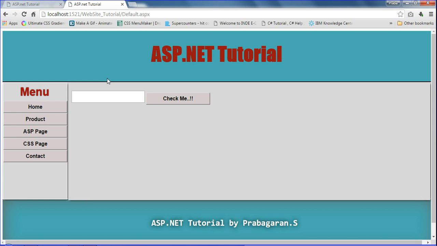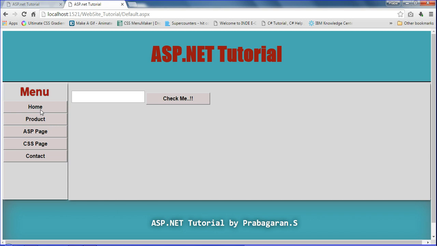So this page is now refreshed. See, already many values are available here, like prabhakaran@gmail.com, and also Prabha. Just this time declare Prabha. Whenever I click check it, at that time I want to open this product page, and in this page I should get the result, the message Prabha.